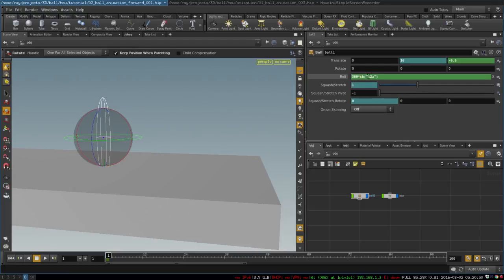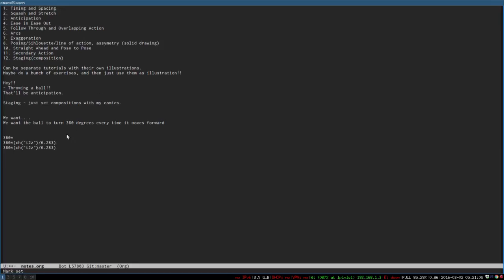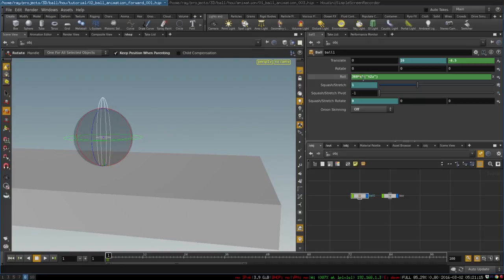And what we want is to calculate the circumference of the ball, and it's pretty easy. Our ball is 2 units in diameter, so basically the circumference of it would equal pi multiplied by 2, so it will be like 3.14 multiplied by 2 is this number, except that we will divide the distance the ball moves forward by the ball's circumference and then multiply it by 360 degrees. So once we have done that,